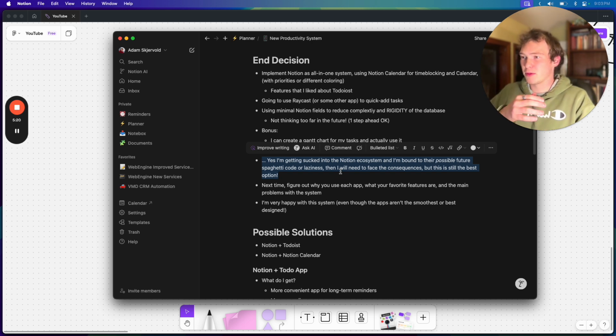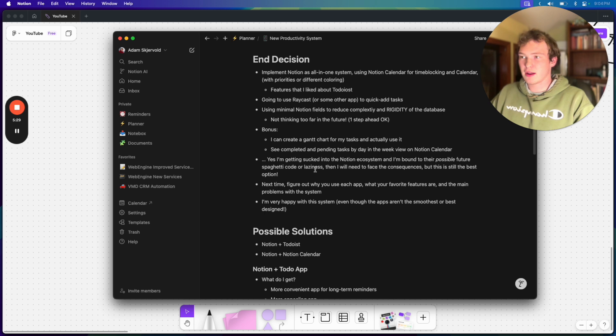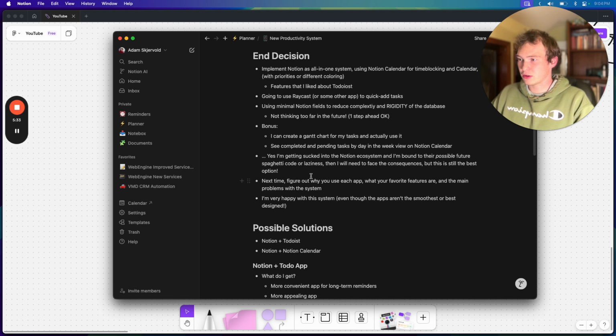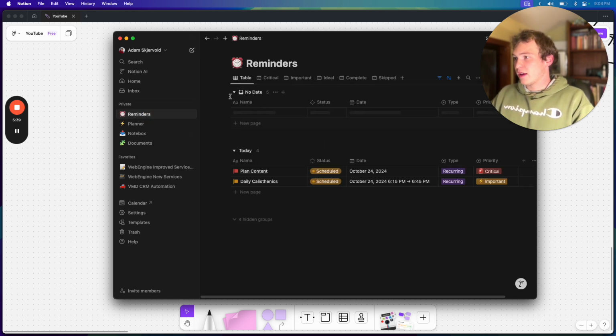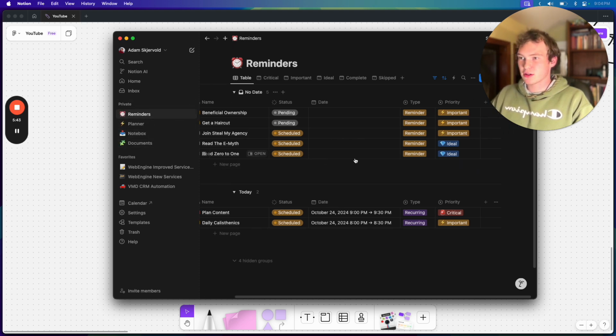The only real problem is some of this bloat like AI and whatever, and some of the stuff doesn't load the fastest. But fuck it, dude. It gets the job done, and I barely spend any time thinking about it now. I haven't changed anything in this setup in so long. So, yeah, I'm just going to explain to you how I use this system and what I do with it. So, first thing is I have 4 pages, or 4 databases. These are the primary databases.